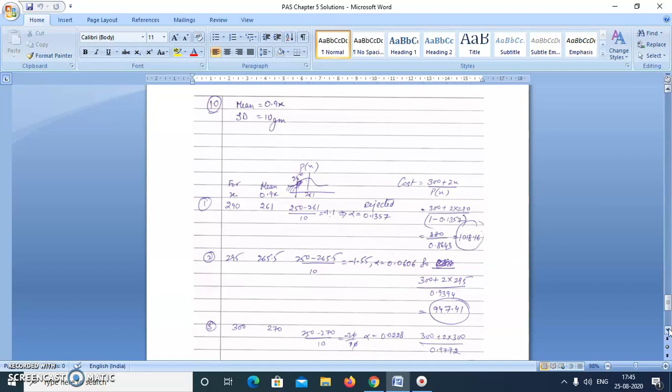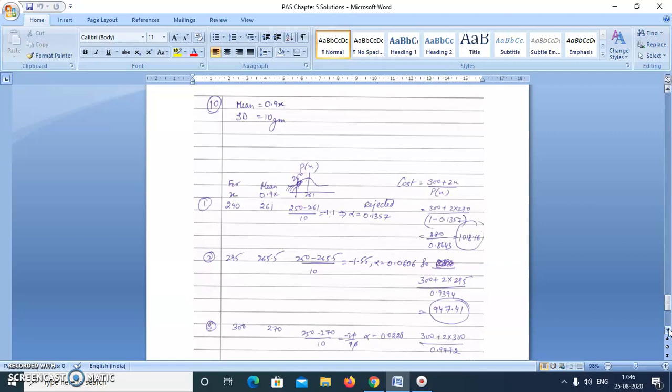Now here basically the cost of yarn is 2 paisa per gram and the cost of knitting overheads is 3 pound per garment. So if the cost of producing rejected garments is borne equally by all acceptable garments, this is the function of the cost. Now what we have to find here is the average cost of an acceptable garment when x grams of yarn are used. So in this case, we'll start from 290 grams. If we use 290 grams of yarn, first we'll calculate 0.9x, that is 261 grams of yarn goes in the garment.